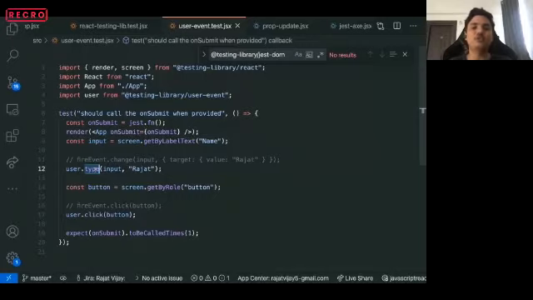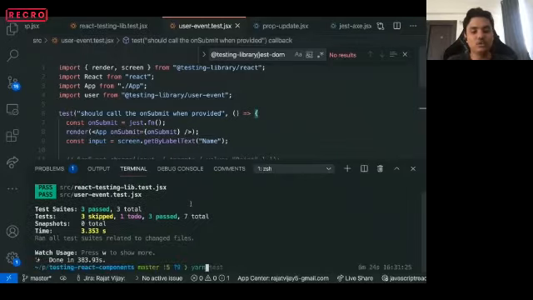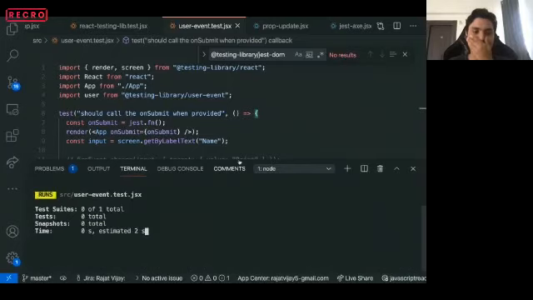It fires all of the focus, key up, key down, and blur events, and it again uses the fire event function to fire all of those events. It has a type event, a focus event, a click event, and a lot of other events that you can use to imitate how a user will interact with your component. Let's try and run this. You can write yarn test and the path of this file to run just the test cases inside this file.